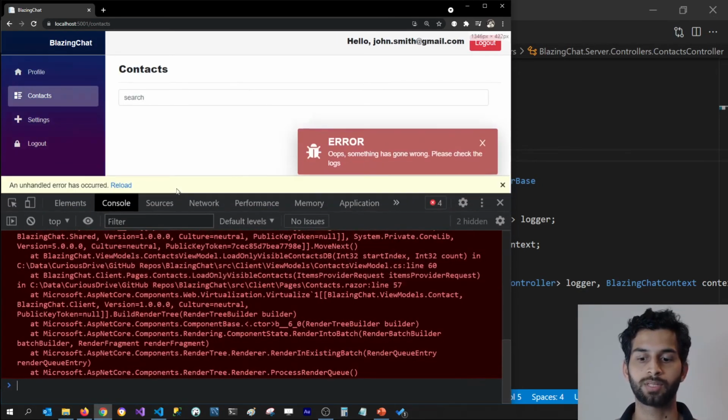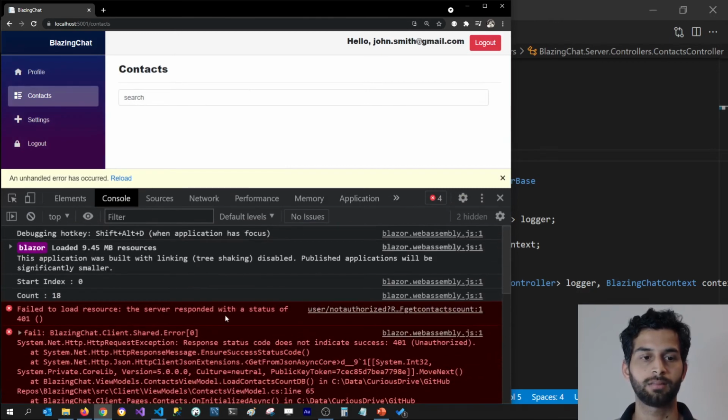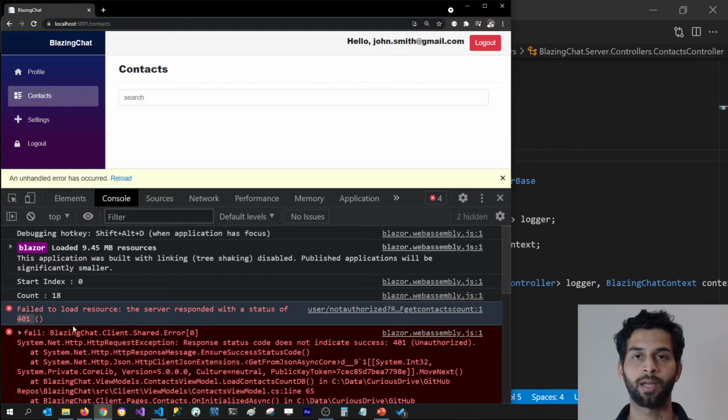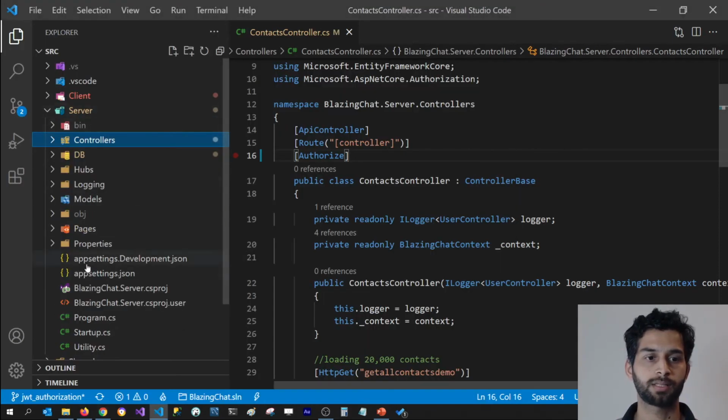Then you can see that it throws an error saying that the request you're making is not authorized. You're getting this 401 error. That means once you put the authorize tag, you need to send a token to validate this request, and we are not sending that. But before you uncomment the authorize tag and send the token, you need to add that support in your startup.cs. So if I go to my startup.cs here